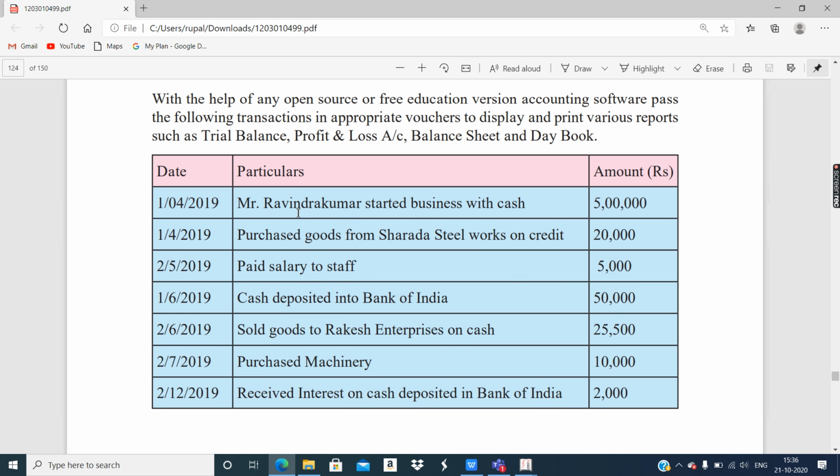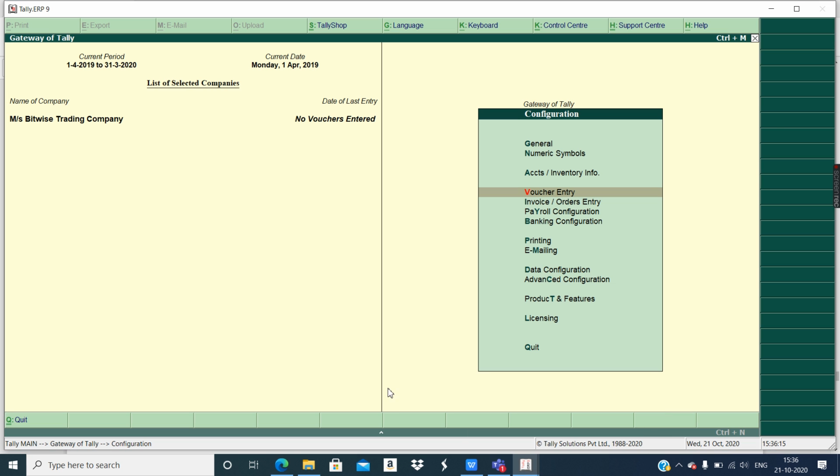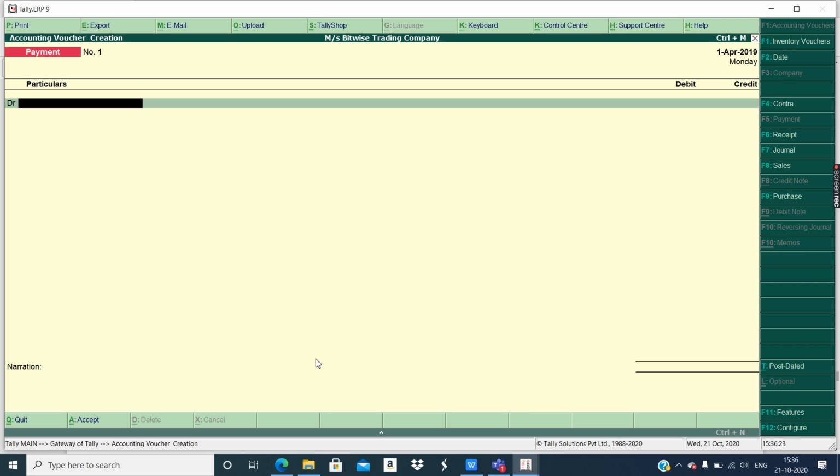All right, let's begin. So we are going to start with the voucher entries now. I hope so you have understood these basic things. So let us begin the voucher entries. I'm pressing escape. Now I have to start the voucher entries. So V, accounting voucher entries. Okay. So I gave you a briefing about all this, how these vouchers can be used for different transactions. Now let's apply the knowledge.